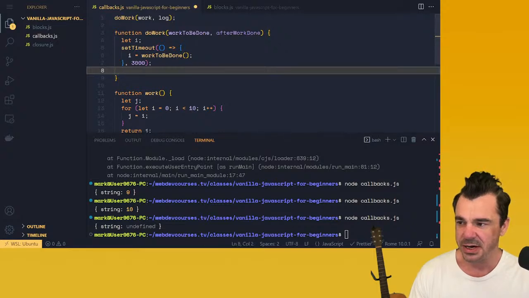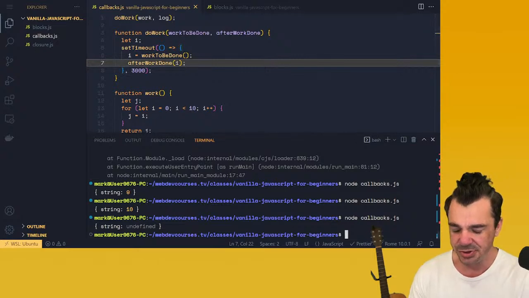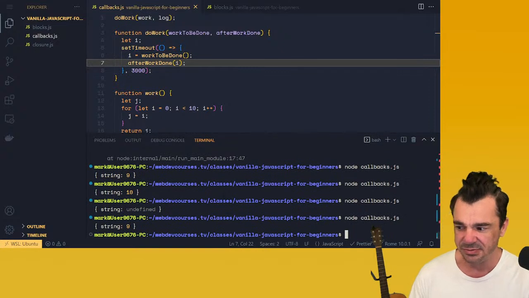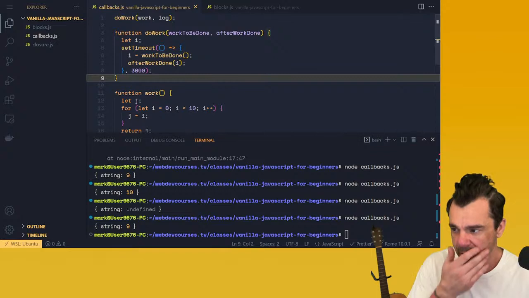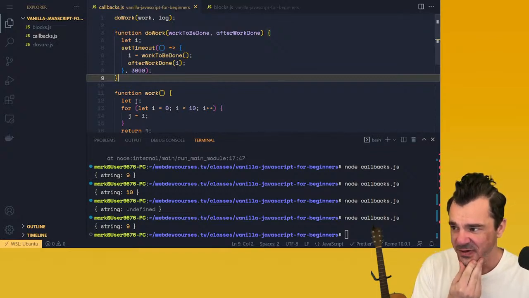Well, the fix right here, since we know that these two things are synchronous, is you could do something like this. Now it'll wait, and then you'll get back your defined string, which has 9, whatever, because we went up to 9. Okay, so that's one way of fixing it. What's another way of fixing it? Well,